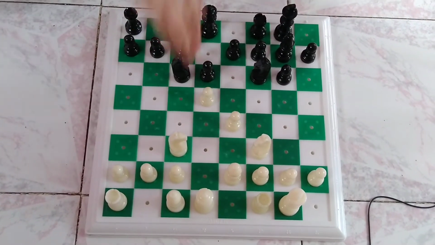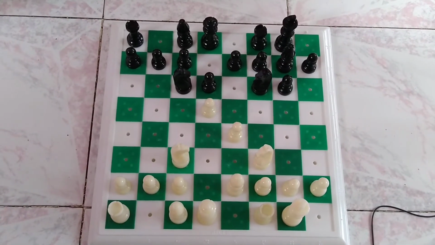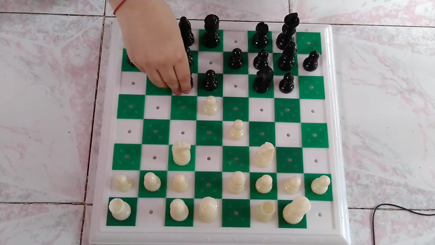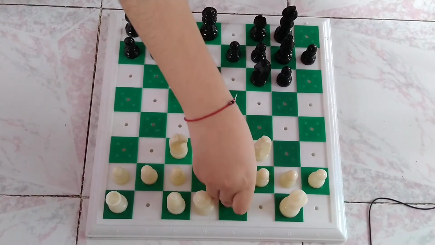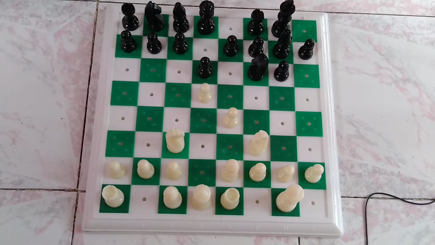d5. Here knight has two good squares. One is knight to b4 and second is knight to b8. Here Petrosian plays knight to b8 and rook to e1, developing the rook on the central file,